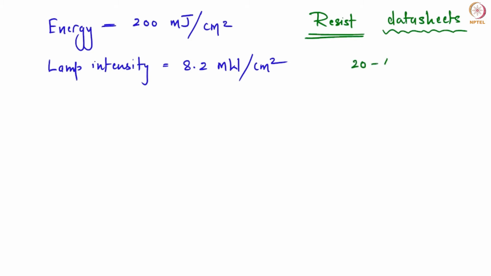So for example, for 20 to 40 micrometer for any given resist, there may be, let's say, 200 millijoule, and for 50 it can be different, and for 150 micrometer it will be different, for 5 micrometer different. So you have to first learn how to read the data sheets, which is not very difficult. So from the data sheets you can figure out what is the energy required. So here I have already given you the value of the energy for cross-linking, and now what is your lamp intensity is also given, but again, in the clean room, what you may have to do is there are intensity meters which you need to use